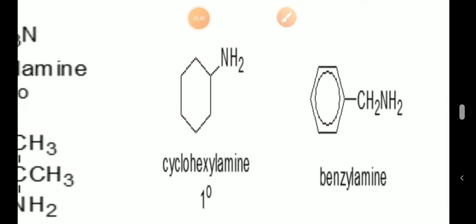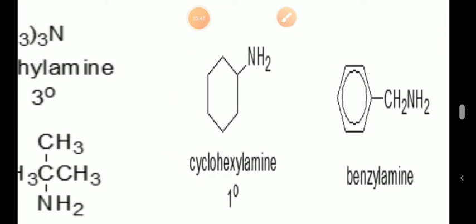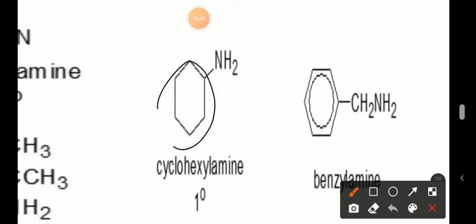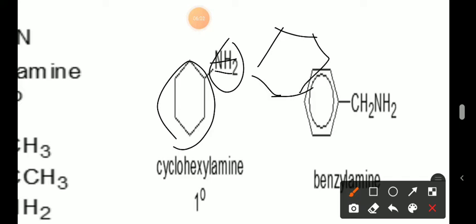If you check it, this one is cyclohexylamine. Why are we calling it cyclohexylamine? Because obviously the name is cyclohexyl because it is a cyclic group, and this is hexane also, but it is not pure hexane because there is an NH2 group attached. Now if it were simple, in IUPAC naming we would call it cyclohexane, but in common naming it is cyclohexylamine. This is its name: amine because of this thing and cyclohexyl because of this thing.